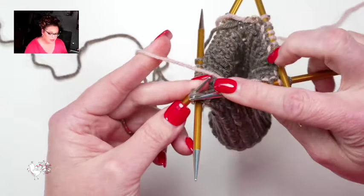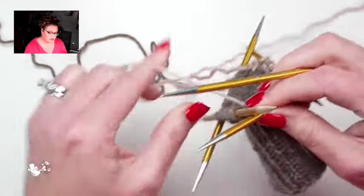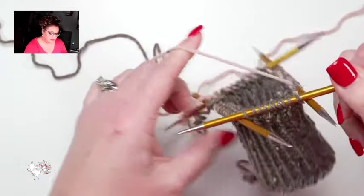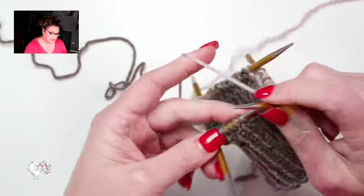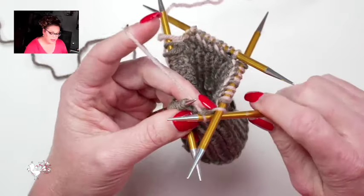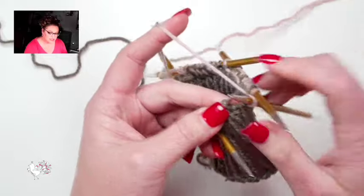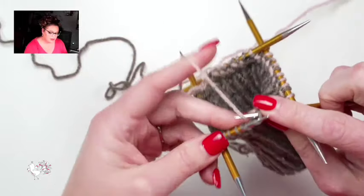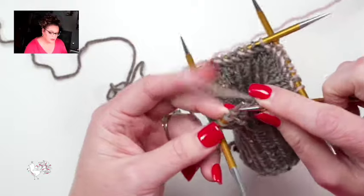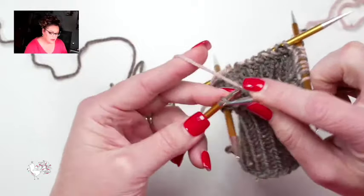So I slipped one, now I'm going to knit 3, so that's knit 1, rotate, this is 2. Now this one, I can make sure these are nice and close because there's not a float there, right? It's a stitch next to a stitch. And then here's 3. Then I slip one. 1, 2, 3, slip 1, 1, 2, 3,